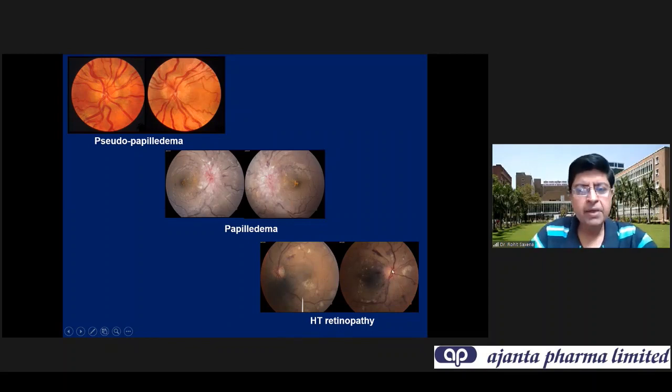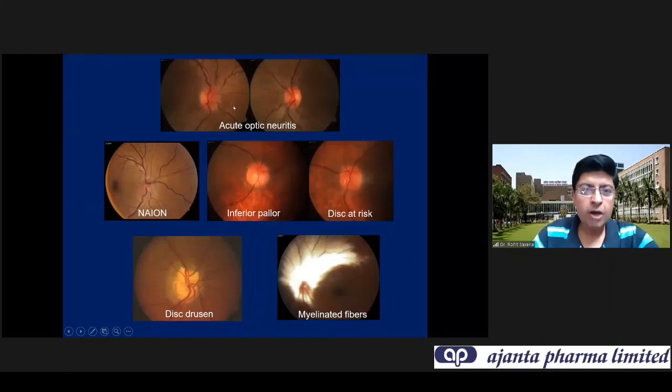Again, mild blurring may be there, but you see all these lesions, lesions showing ischemia, splinter hemorrhages, they're removed from the disc. They're not directly connected. Whereas here, everything is connected to the disc. This is because of a hypertensive retinopathy. So a bilateral disc edema, this is your differentials. Acute optic neuritis, you can see the subtle or mild disc edema that is there, few splinter hemorrhages.